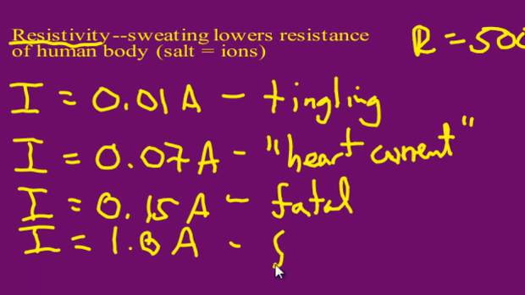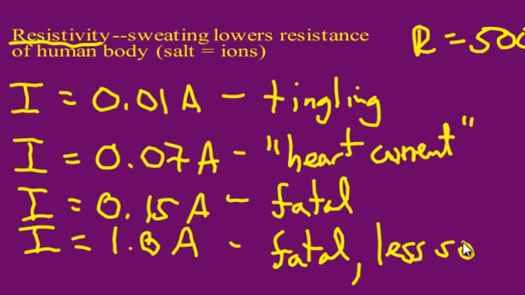which is a lot more, can be fatal as well, but you might be surprised to learn that it's a little bit less so. And here's the reason why. What they found is that 1 amp is so much current that it basically completely shuts your heart down instantly. It's almost like it freezes the heart in time. And then if you come along with one of those defibrillators, those things that you see on ER type shows all the time, where they put the plates to the chest and shock them,